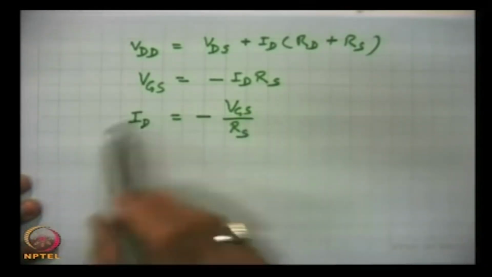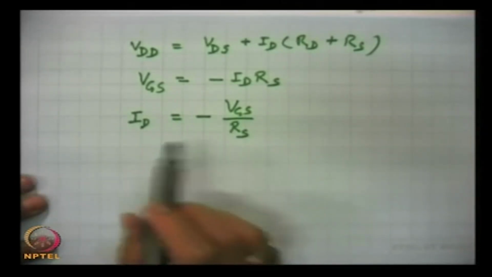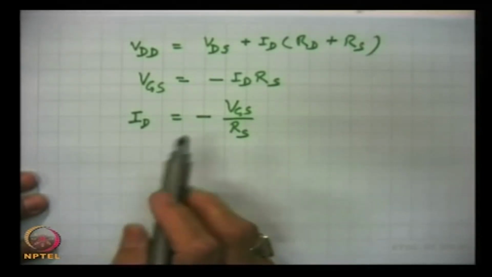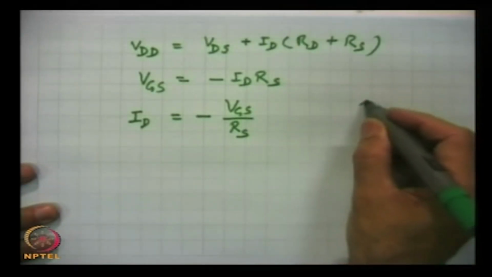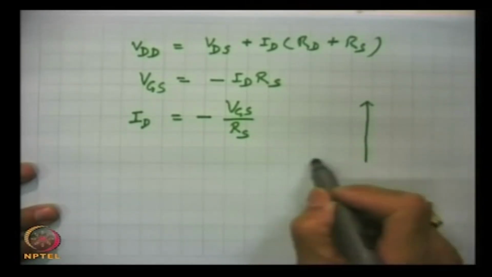This is the equation of a straight line, and when this straight line is plotted on the transconductance curve of the device, that is, this is the transconductance curve,